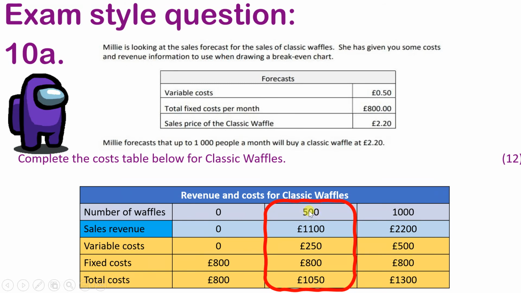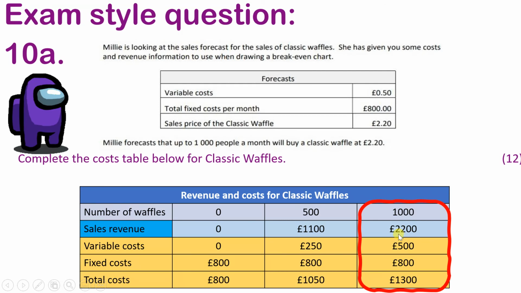Your 500 waffle column to fill in the middle. You've got 500 waffles sold at £2.20, giving you a revenue of 1,100. A variable cost, which is 50p per waffle, gives you a total of £250 for variable cost. Fixed cost is the same at 800, so variable plus fixed gives you a total of £1,050 for total cost. The final amount for classic waffles, making 1,000 waffles, you've got 1,000 waffles multiplied by £2.20,